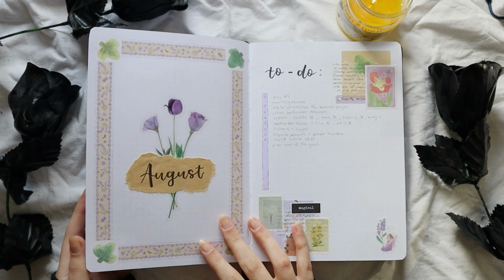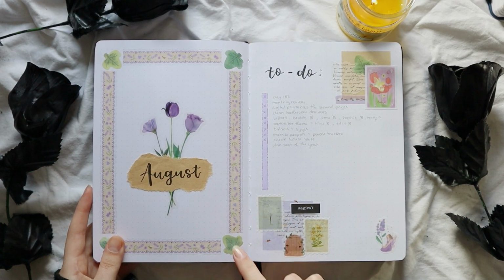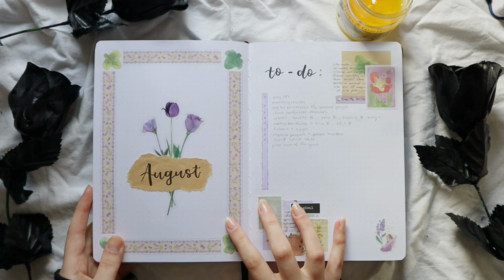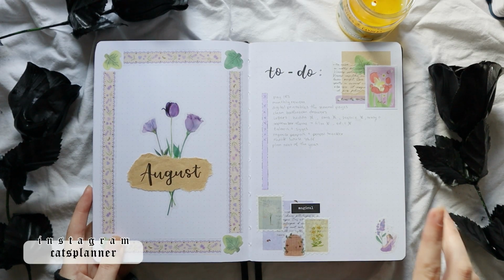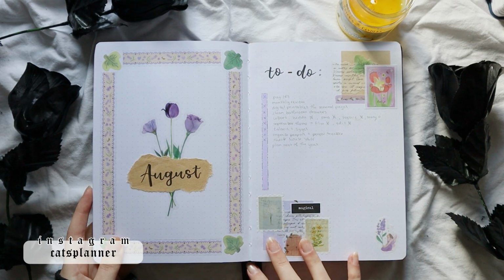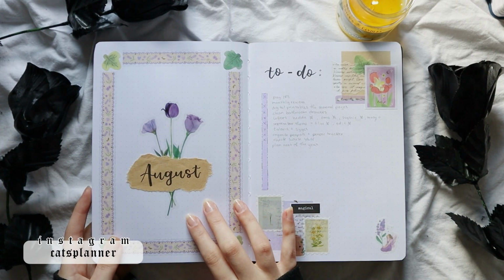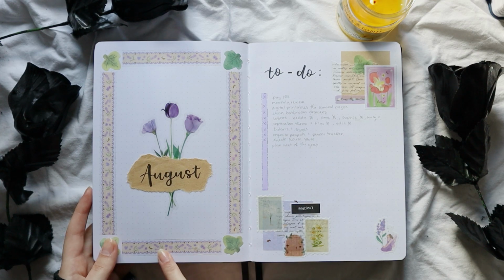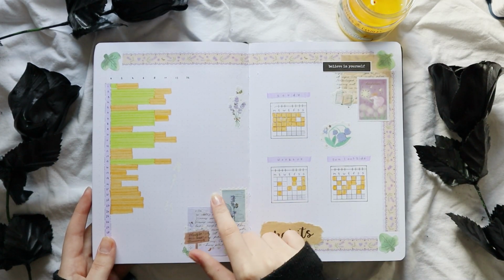And then we start with August, and this was another theme inspired by a Notebook Therapies collection, and I used a bunch of leaves and flowers with purple and green. I never did a purple and green theme, but I really like how this one turned out, and I just did my very simple cover page with some washi tapes on the borders, my to-do list for the month,